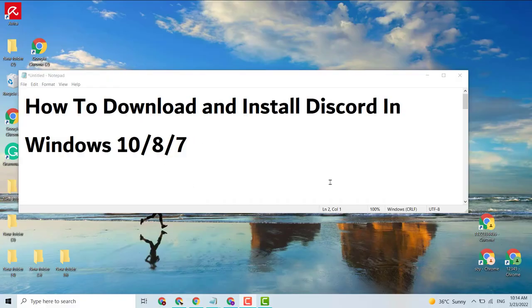Hello guys, today in this video I'm going to show you how to download and install Discord in Windows 7, 8, 10 or 11. So very easy guys, if you want to download and install Discord, firstly open any Chrome browser